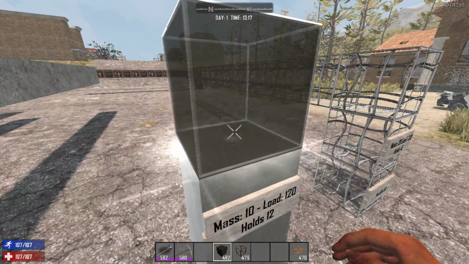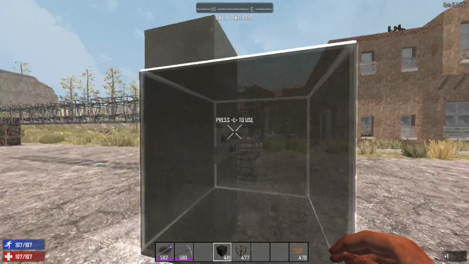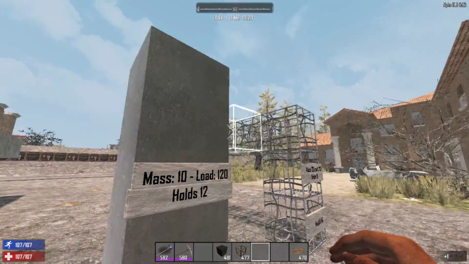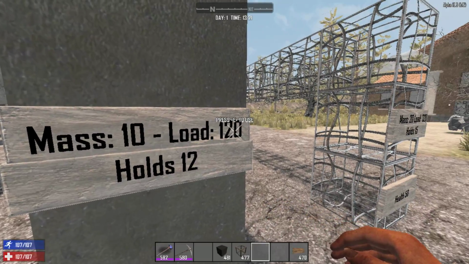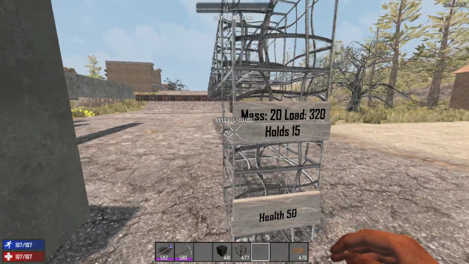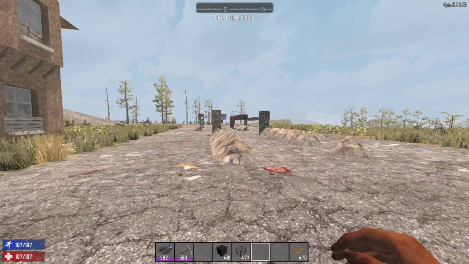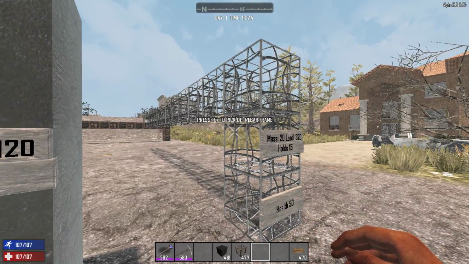Now next we got wet concrete, and because it's wet, I didn't have this set up before because it kept drying on me. Okay, so it has a mass of 10 and a load of 120 and holds 12. Well, see, that is different. That is the same as the cobblestone and the flagstone. So you have to be careful,